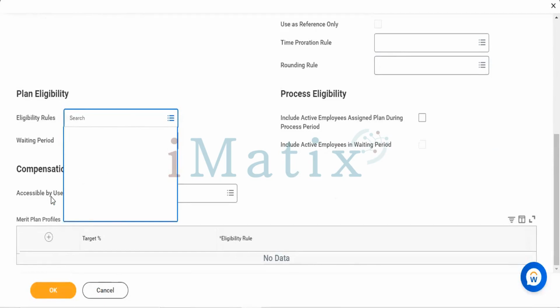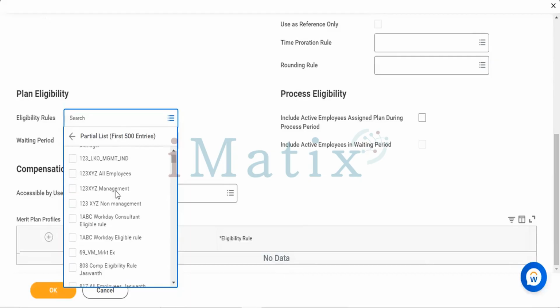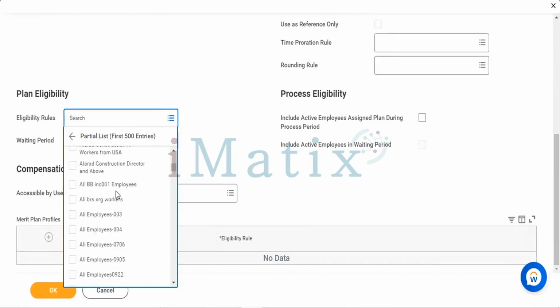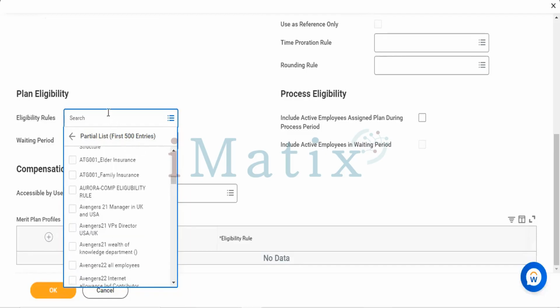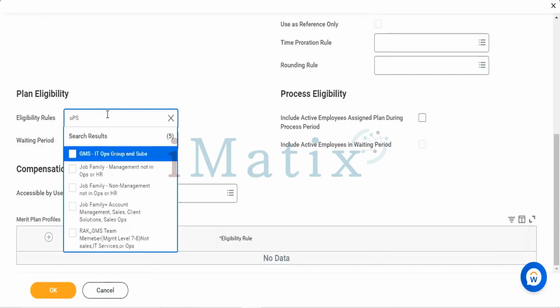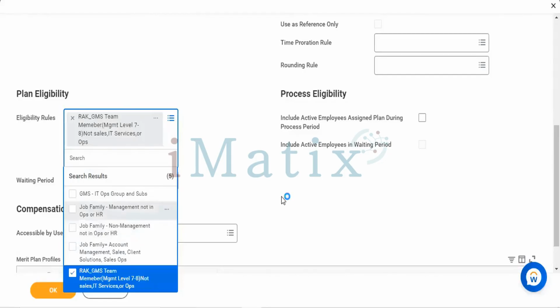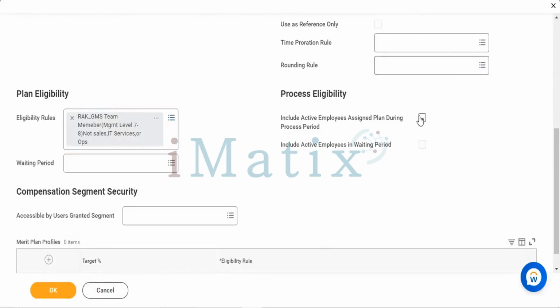You need to set up the partial list, have a select of your operations team here. Job family management operation groups. Sales team, sales clients. I don't have the proper option to select here. It's services of option operations. But in the live data, you should get the operation, your team name, your operation team development name. You can select that name directly in the eligibility rules and have a tap on to the process